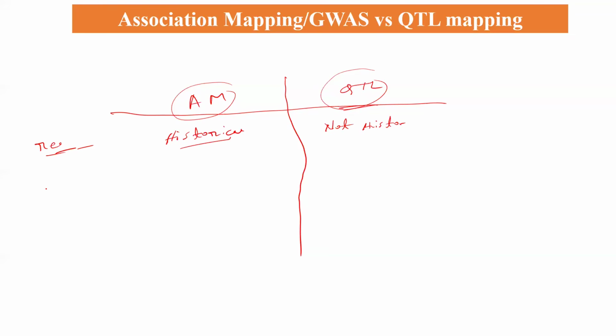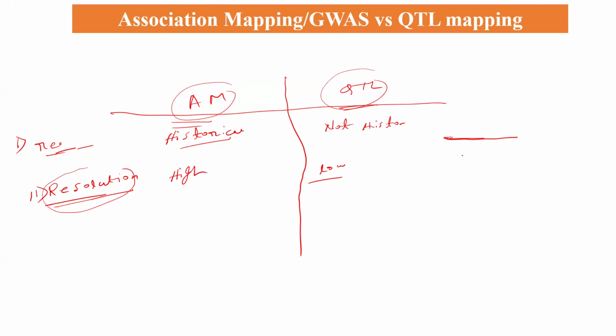Second is the resolution. This is coming in the exam. Is the resolution of association mapping high or not? In association mapping, the resolution is high. I will describe why the resolution is high. And in QTL mapping, the resolution is low. High resolution means that the confidence interval is less than 1 centimorgan in